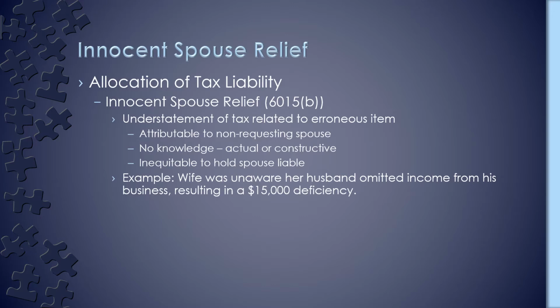So we'll start first with innocent spouse relief, the traditional innocent spouse relief, where you and your spouse file a joint return, and later you could be married, divorced, separate, doesn't really matter. But later there's an understatement of tax that arises due to an erroneous item that is attributable to the non-requesting spouse. In that particular case, if you request relief under 1615B, as they call it, if there's a deficiency